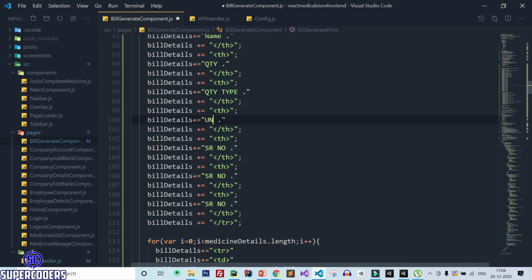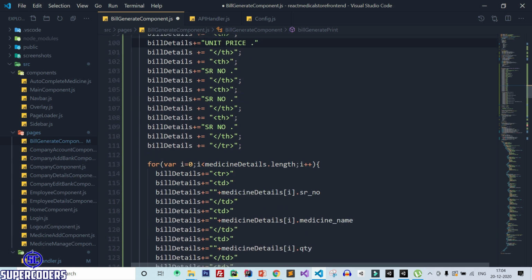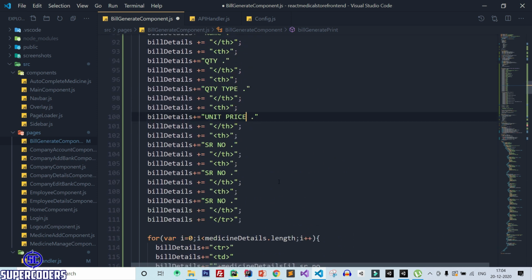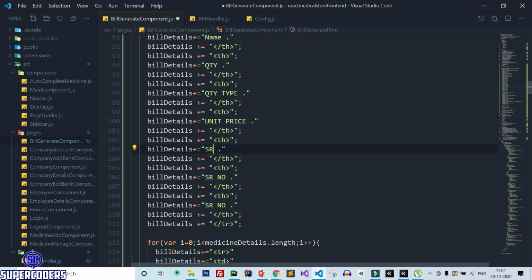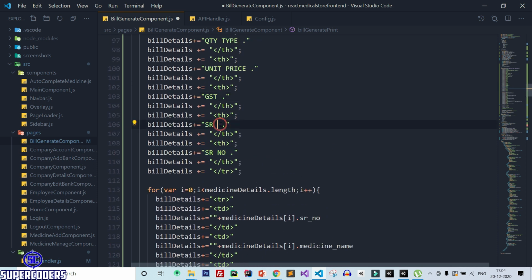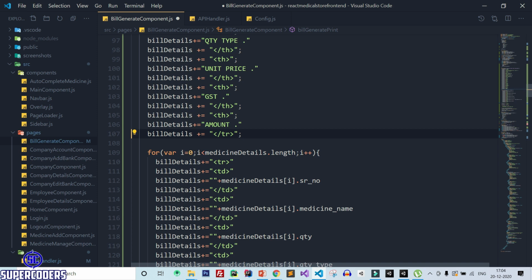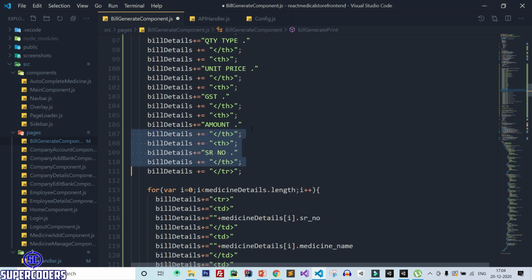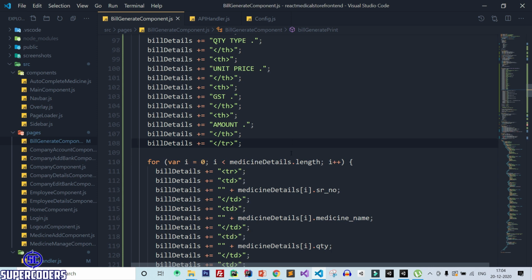So unit price, next is tax or GST, then next is amount. Remove this other. Remove this single. Now save it.